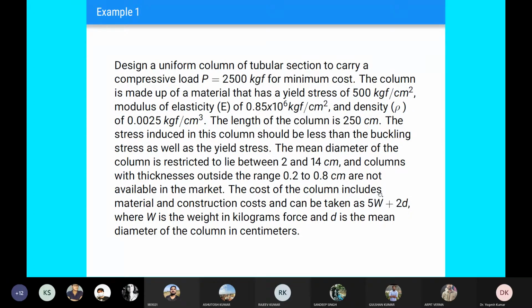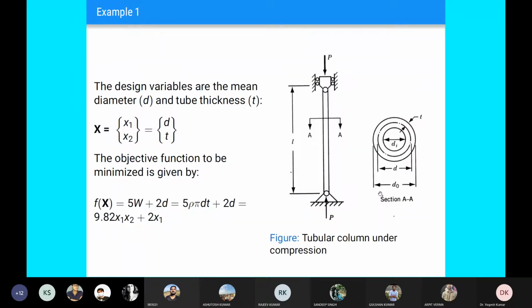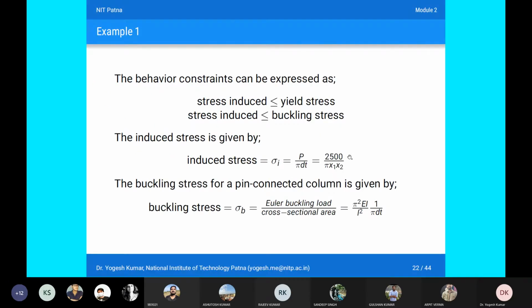Since I took this class in a fast forward mode, if there is any doubt on this question, we can cover it as a revision. Otherwise, we will move forward to the next topic. Is it required that any doubt or any revision is needed on this particular example? Anybody who is having any doubt?